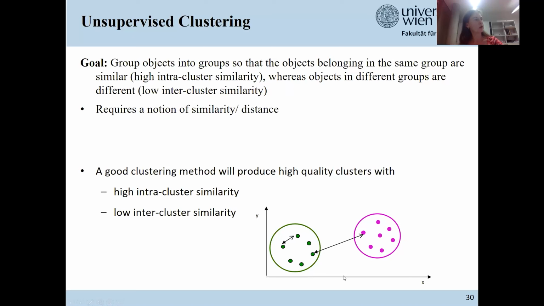And a clustering algorithm generates a categorical variable which represents the cluster assignment for each data object. For instance, when you have these data objects here, you would group them into two groups, which are marked on the slide by different colors of the objects. And you can see that we have a high intra-cluster similarity, which is evident by short distances between pairs of objects that are within one cluster, like the two green objects here. And we have a low inter-cluster similarity, meaning we have a high distance between the pairs of objects which are assigned to different clusters.